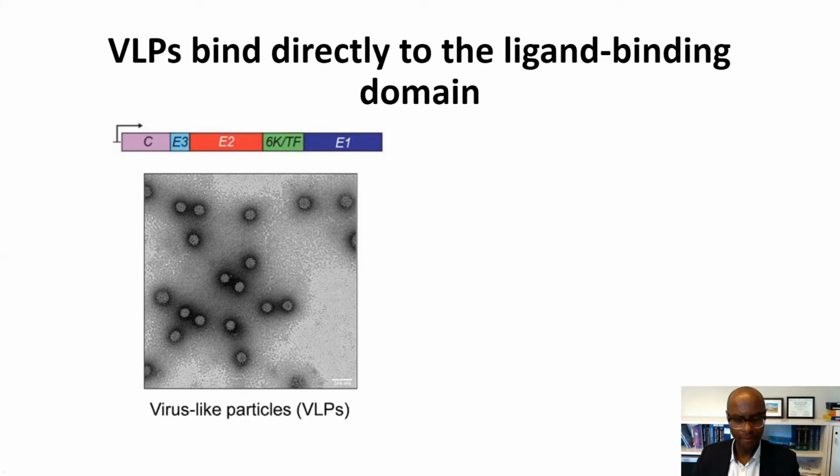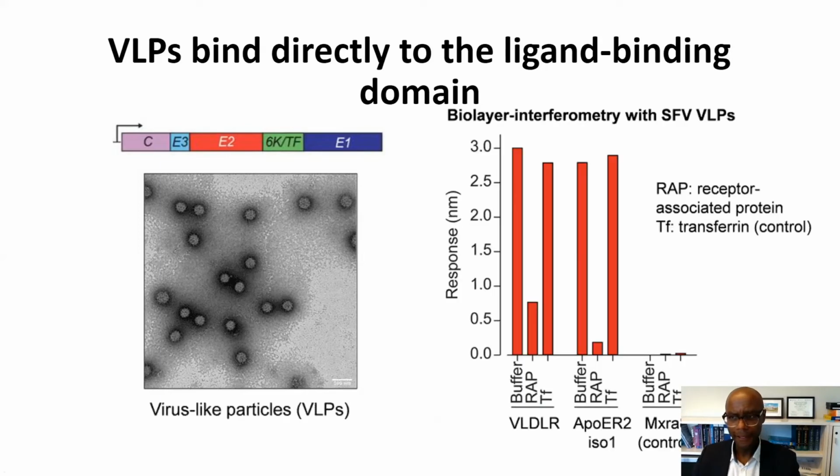I did not see evidence of associated lipoproteins. We also took these particles that were purified and submitted them to mass spec, where we did not identify any evidence of associated lipoprotein peptides. So this secured to us that we had very pure preparations. And so for binding assays, we use a technique called biolayer interferometry. In this case, what we have is a sensor tip that is dipped into a solution that allows them to capture either VLDLR or ApoE2 Fc fusion proteins, or the control MXRA8